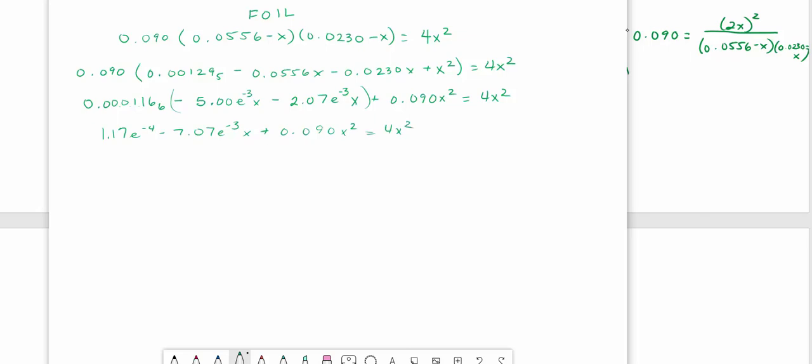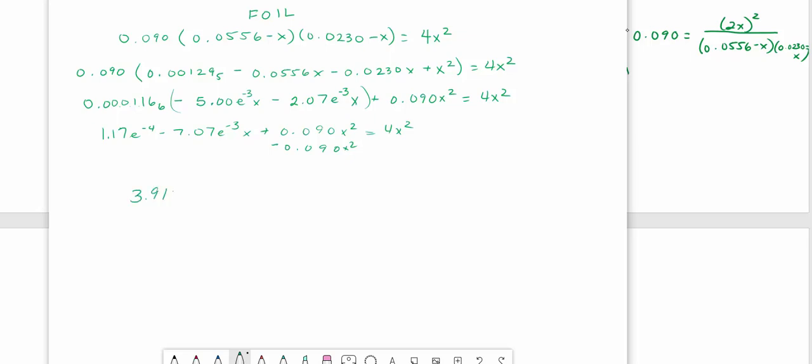Okay. Now I need to get all of these terms on one side so that my entire quadratic equals 0. That way I can use the quadratic formula. So I'm going to subtract both sides. I'm going to subtract 0.090x squared from both sides